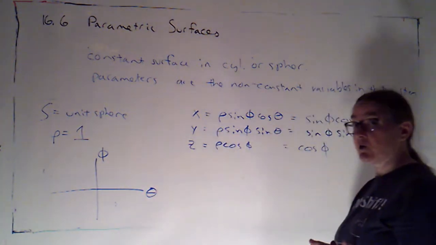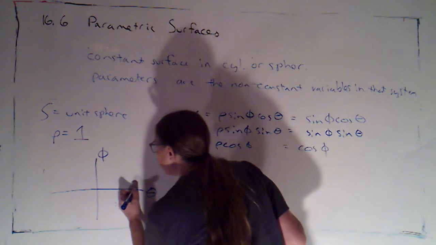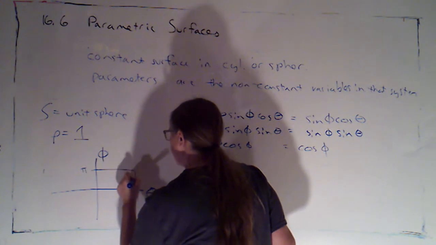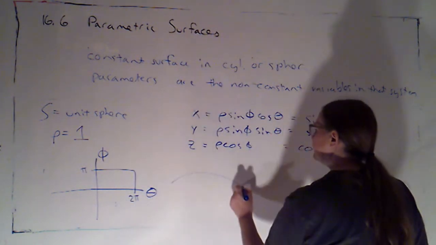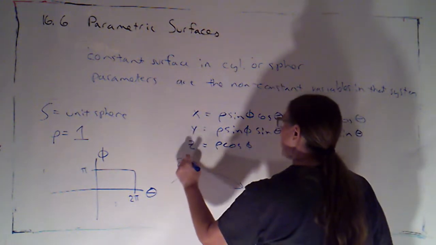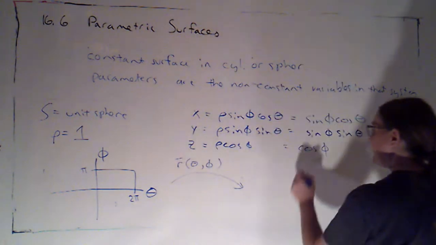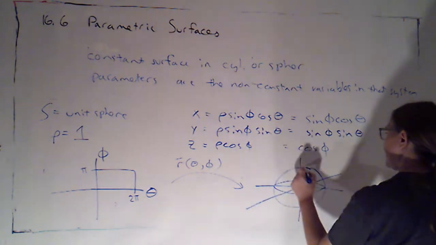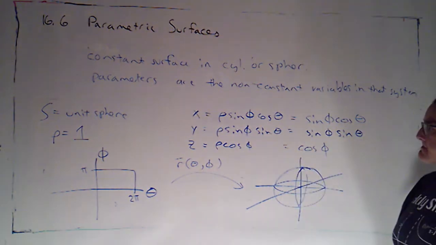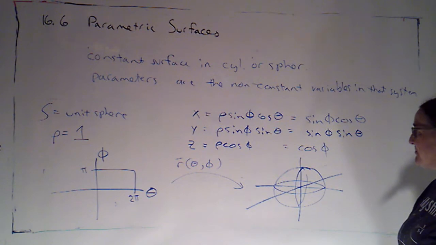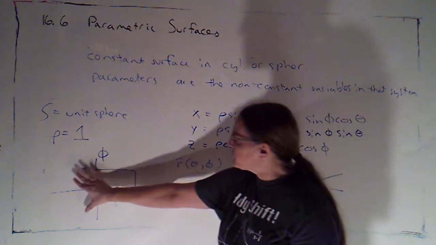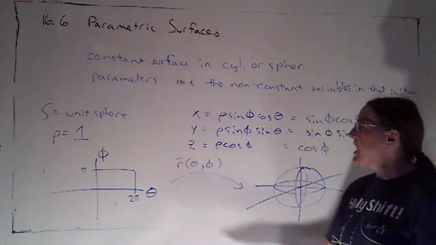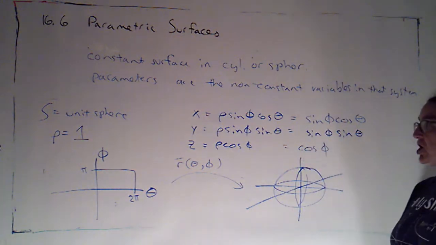I'm going to think of them as rectangular coordinates in the theta phi plane. And if I take the rectangle, where theta just goes from 0 to 2 pi, and phi goes from 0 to pi, that rectangle, via this transformation, R of theta phi, is going to map to the unit sphere. Pretty cool. And of course, if I used a larger region here, I'd just wrap around the sphere multiple times. But that would map to the unit sphere once.